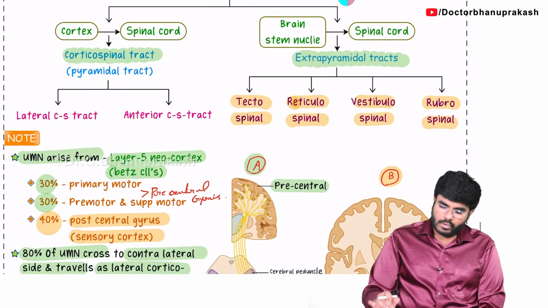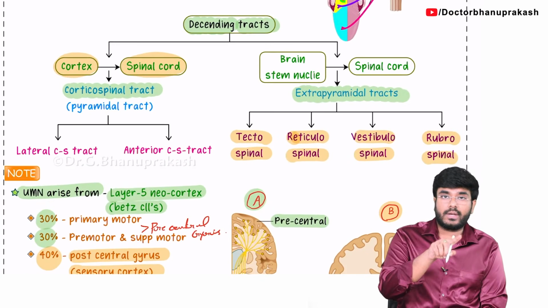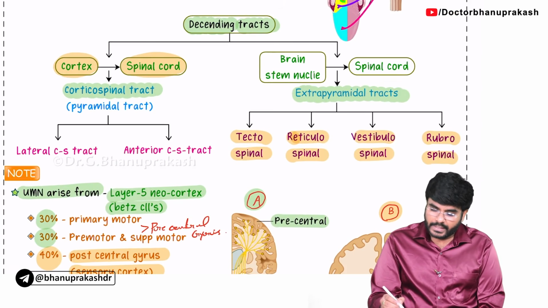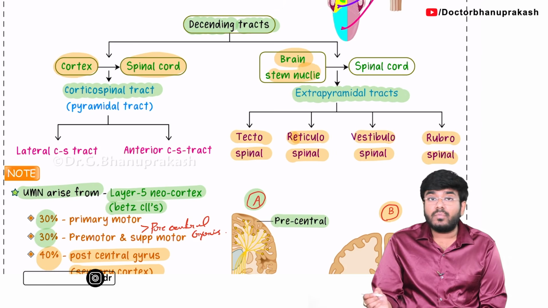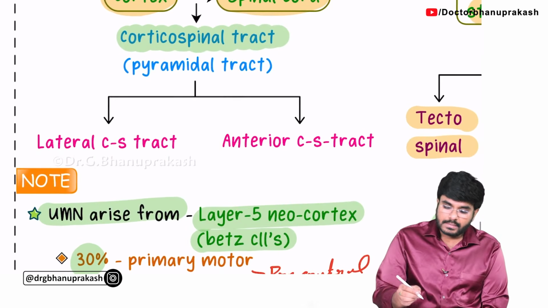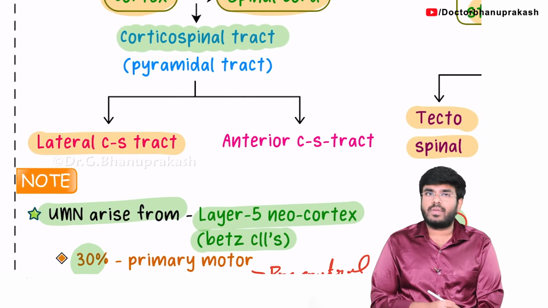I have told you what the first type of tract is. The first type of tracts are corticospinal, from the cortex to the spinal cord, and the second one is called the extrapyramidal tract, which starts from different brainstem nuclei and comes down to the spinal cord. And how many types of corticospinal are there? There are two types of corticospinal. That is the lateral corticospinal, which is made up of 80% of the upper motor neurons,